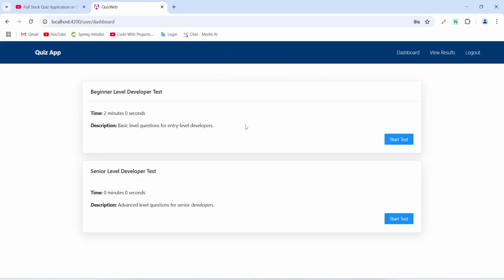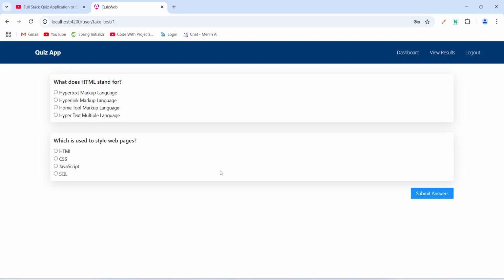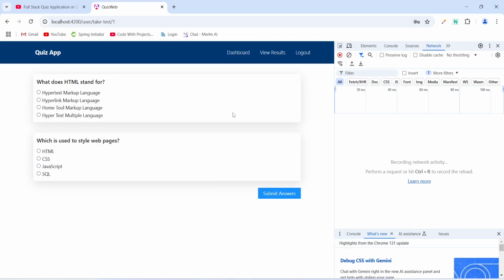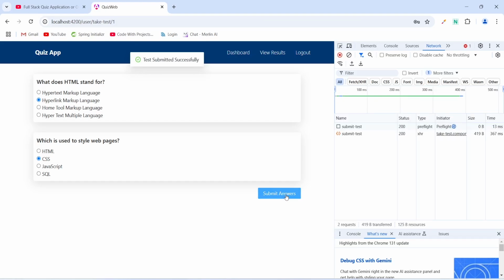Now let's click on the start test button of the first test, and on this page we will hit F12 to open the network tab, and after this we will answer both of these questions, and then we will click on this submit answers button. And as you can see we got the message test submitted successfully, and in the network tab we can see